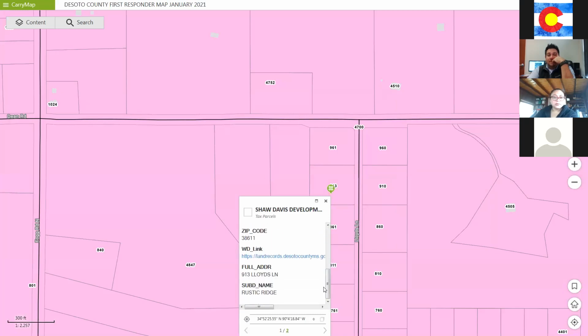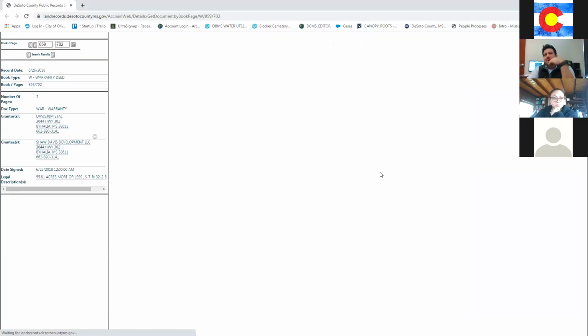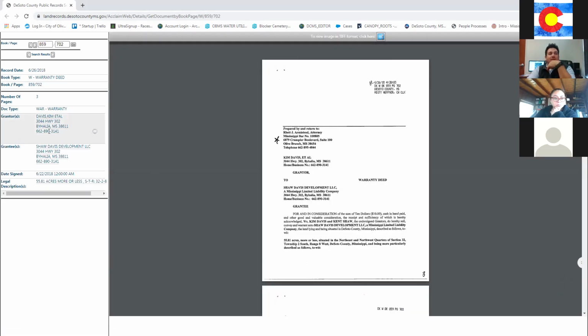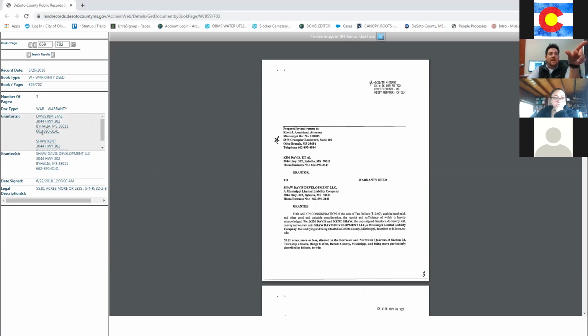Let's see if I got one. They just started requiring that in like '97, '98, so anything bought prior to that might not. Here we go. Look, I can easily pull this up on my phone and click that button on my phone